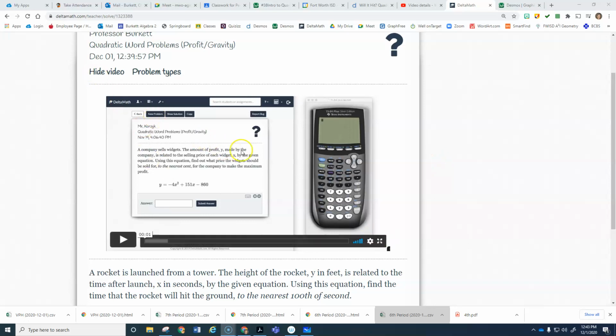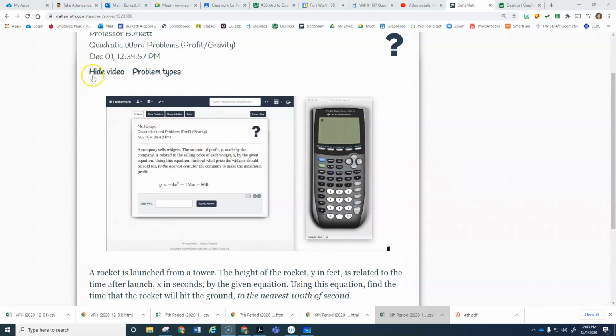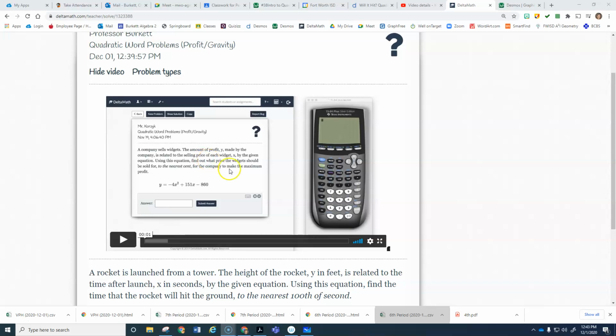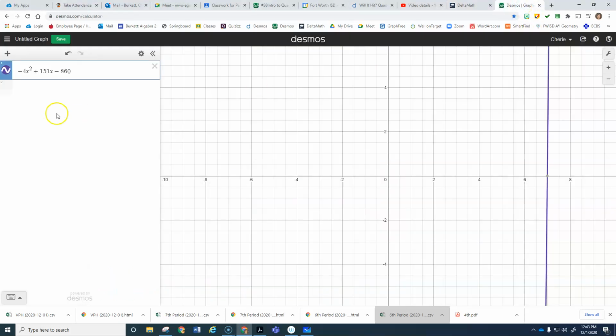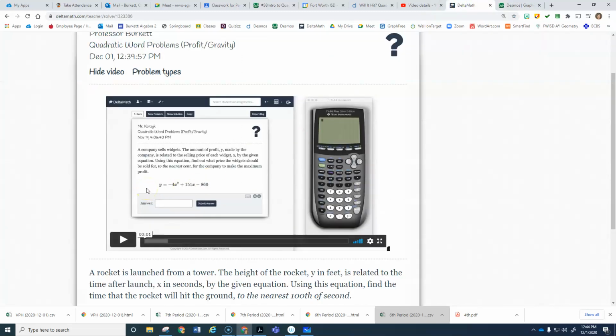So the videos that Delta Math offers to help you with these word problems are using a TI-84 calculator, and I just wanted to take a minute or two to point out that everything that he does on this calculator you can do on Desmos. So you should watch the videos and listen to what he says about minimums and maximums and zeros and everything like that. The only difference is when he